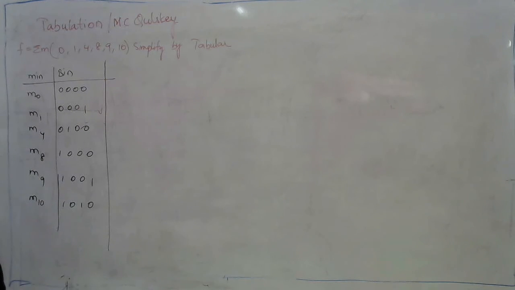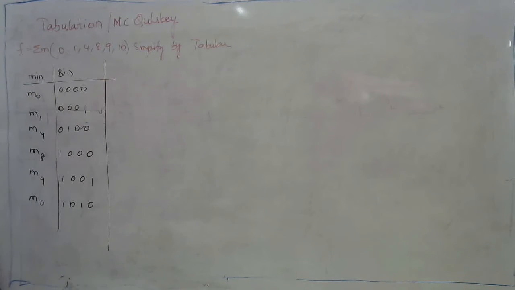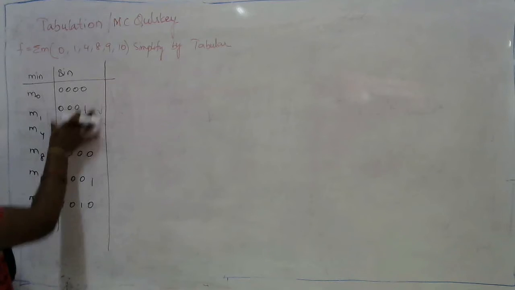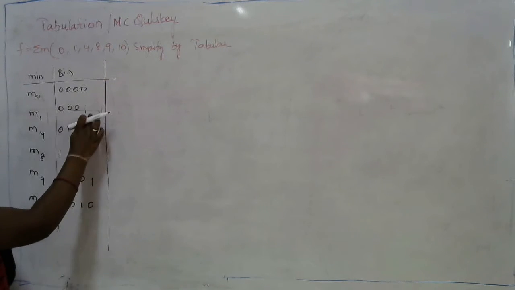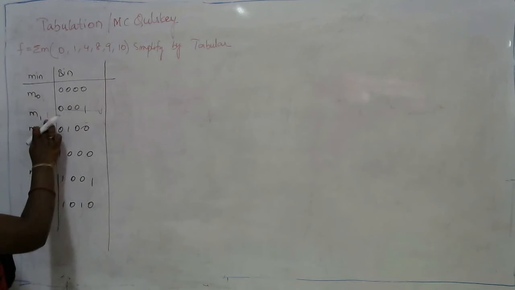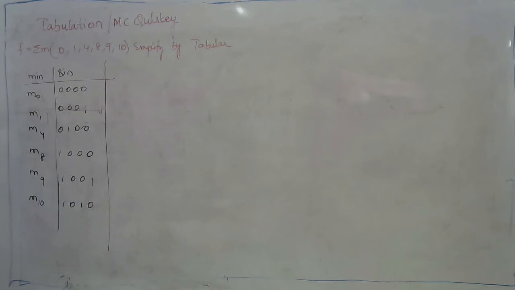The second step is, we need to divide this complete set of minterms in such a way that the first part contains 0 ones, 1 one, 2 ones and 3 ones. If I observe, in the first case I am having 0 ones, in the second case 1 one: for M1, for M4 it is having a single 1, for M8 also a single 1. No need to repeat and write it down once again, as it is in the same order. I can continue the process.